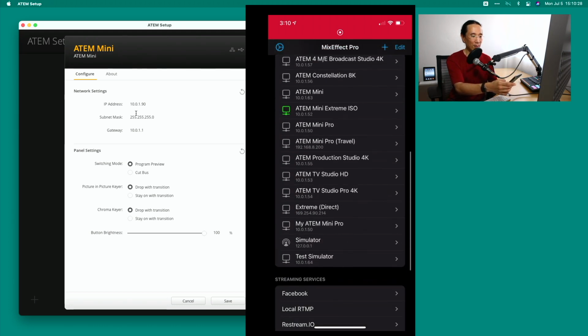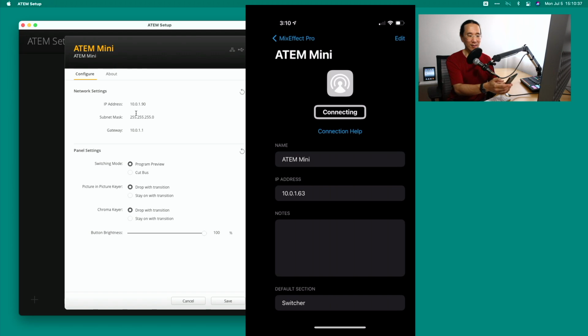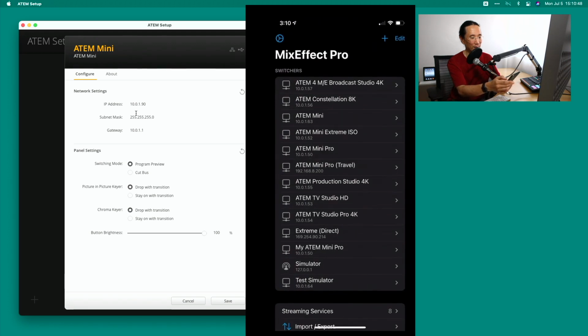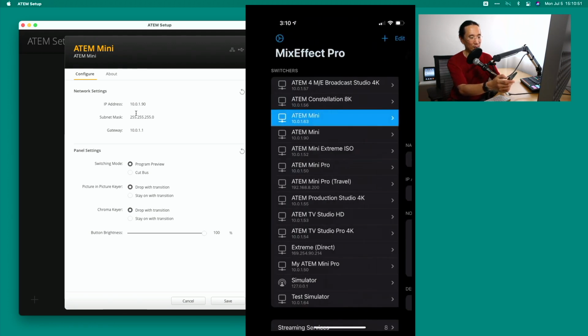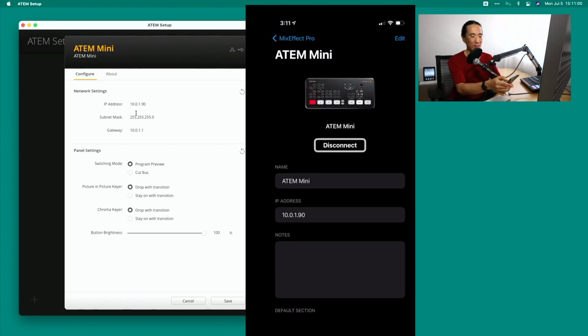So now I'm going to try to connect to the ATEM Mini. Remember, this iOS device is on Wi-Fi. So I'm going to try connecting to this and see what happens. Oh, it's not working because it's at .90, remember. So I'm going to look for .90. So I'm going to just go bring that back. And there it got synced over. .90. I'm going to tap this and hopefully it should connect. Give it a second. Seems to be having problems. Oh, there it is. It got connected. So you see how now the iPhone is on Wi-Fi and it was able to connect